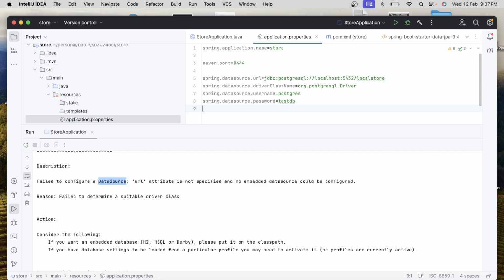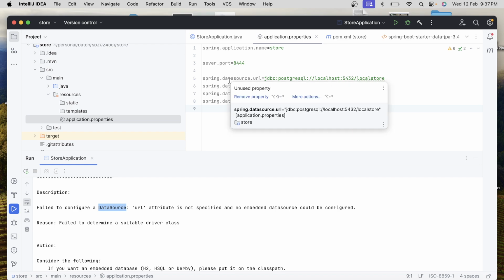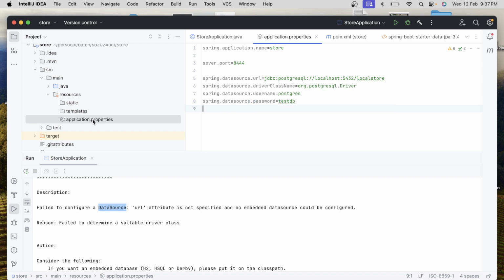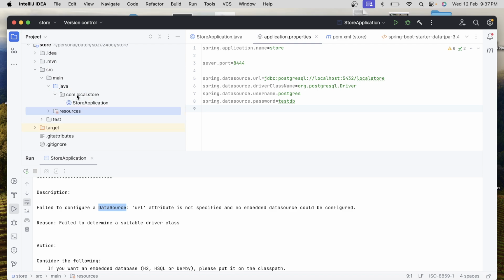For now, let's leave the configuration here. Later on, we will add a few more properties for the database, right? It's a part of the configuration that we can create. Now, okay, let's do one thing. Let's first, in the store application,